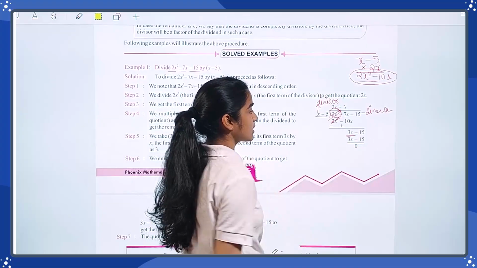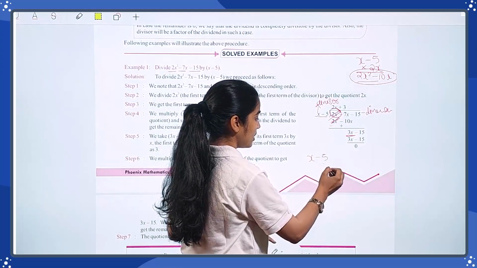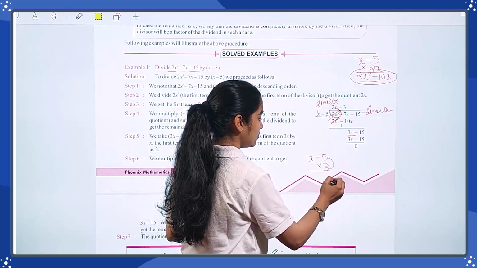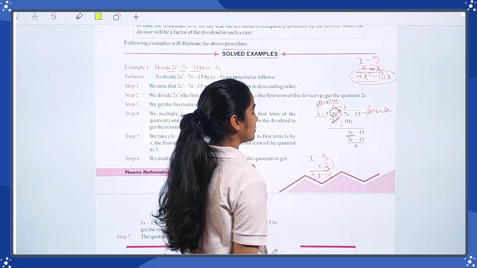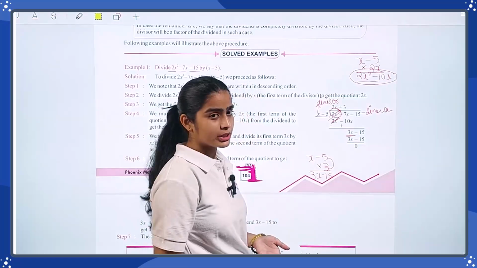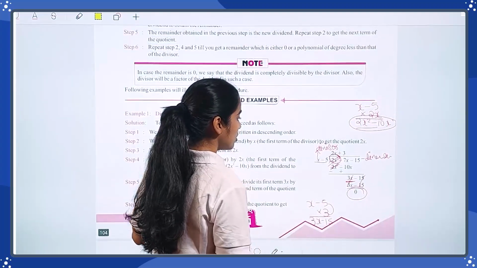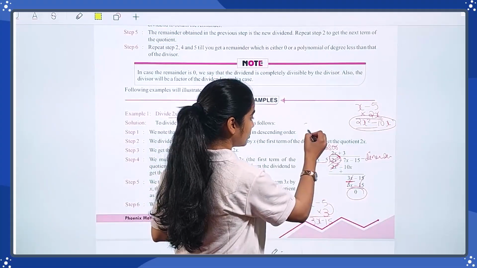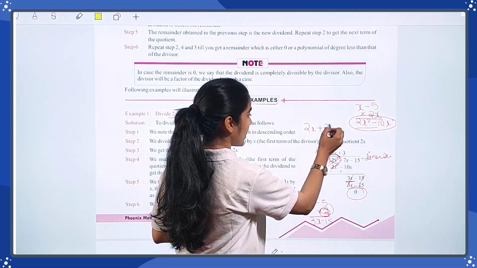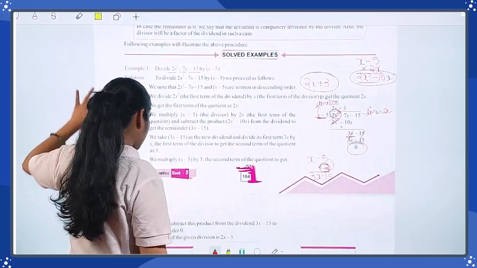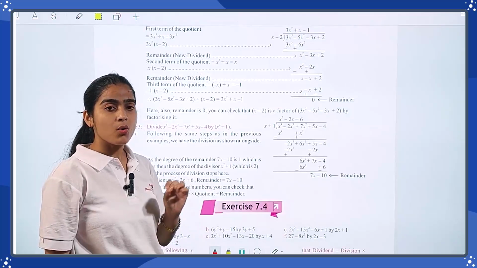Now the next term, minus 15. Now what do I need? I need 3x. So x minus 5, now I have to multiply with 3. 3 fives are 15 and 3 multiplied by x is 3x. Now I'm writing my term over here, and I already know that both the terms cancel each other, and this is my answer. Remainder is 0. First I take 2x to multiply with it, then I take 3. So 2x plus 3 is my final answer. I hope, students, this is clear to you. You just have to repeat the same thing over the questions here.